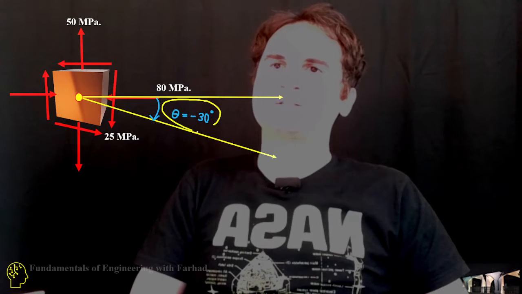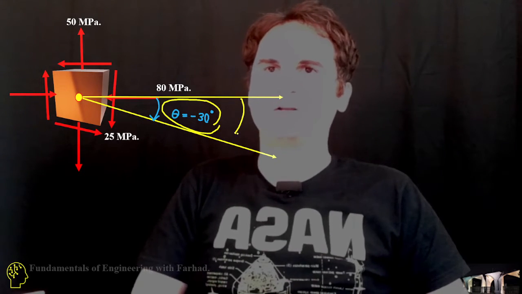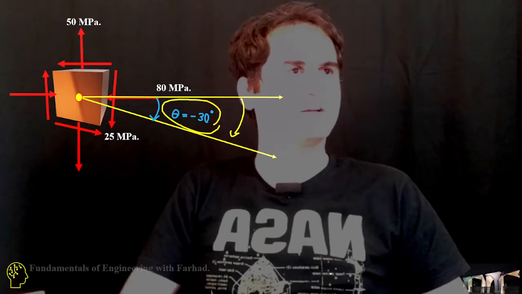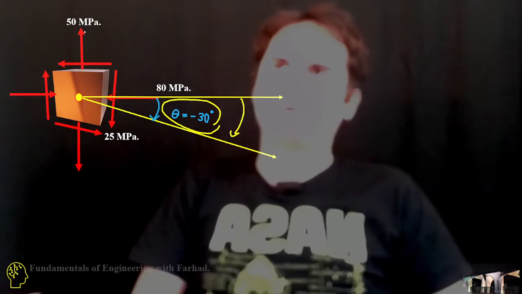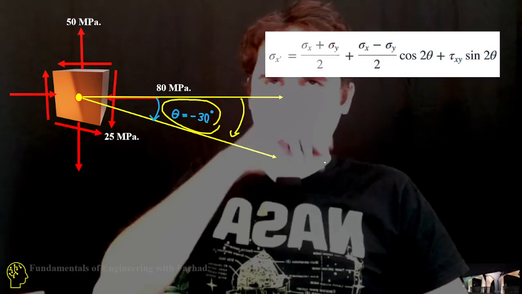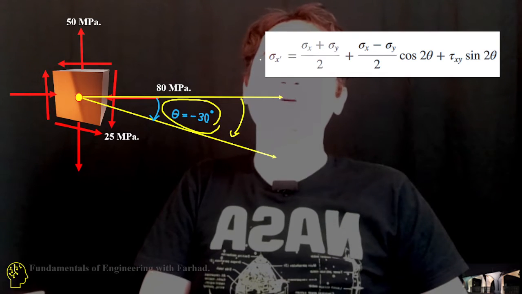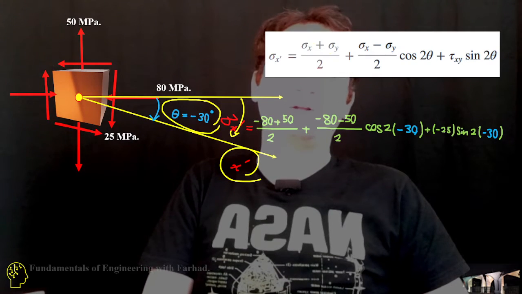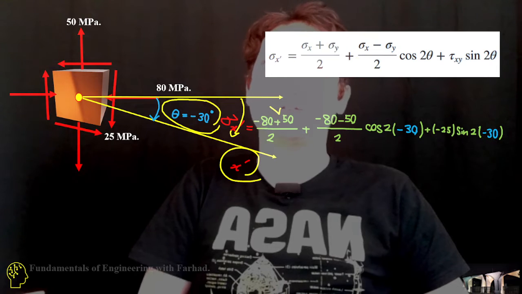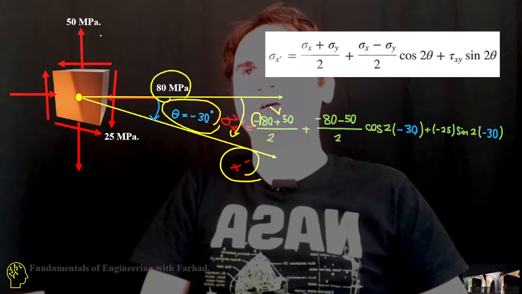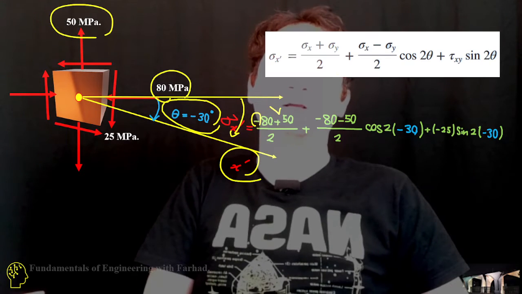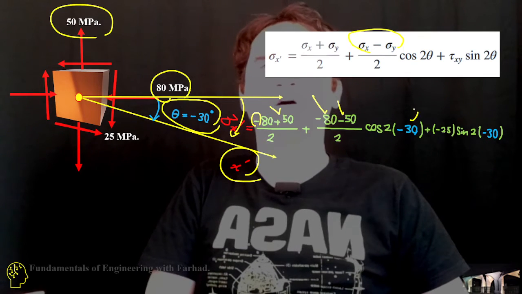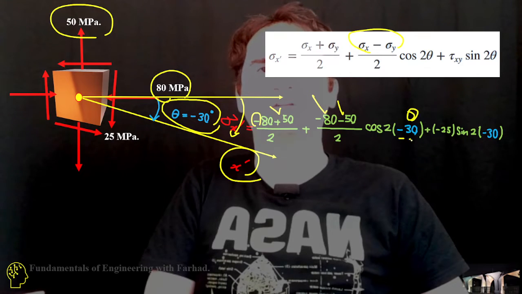So what are the stresses if we just rotate our sample theta 30 degrees clockwise, which is negative 30 degrees, because it just moves down in coordinates. If we just use the formula for sigma x prime, this is our x prime, that's sigma x plus sigma y over 2, a summation of the stresses. This is a push, that's a negative 80, that's a pull, positive 50, over 2, plus sigma x minus sigma y over 2 cosine of 2 theta, and theta is negative 30 degrees, plus